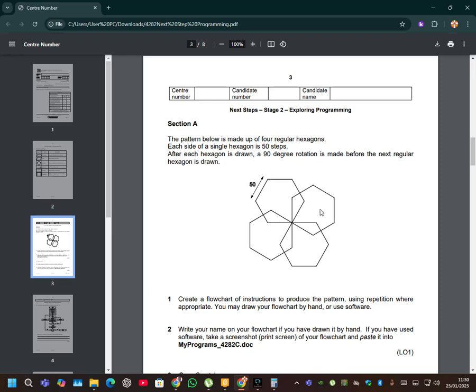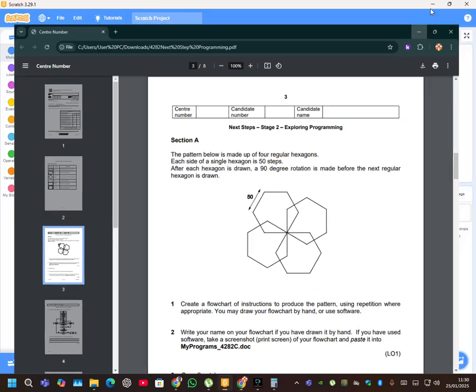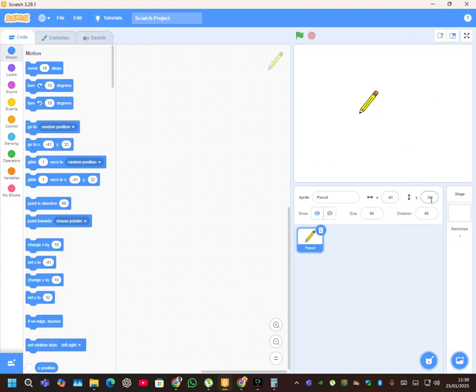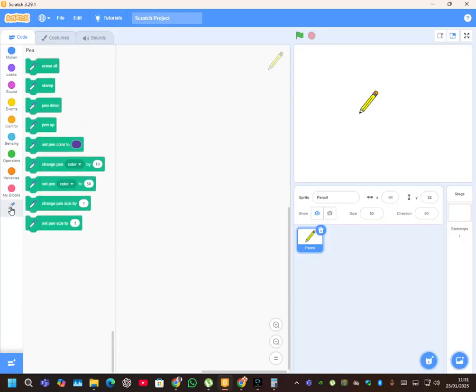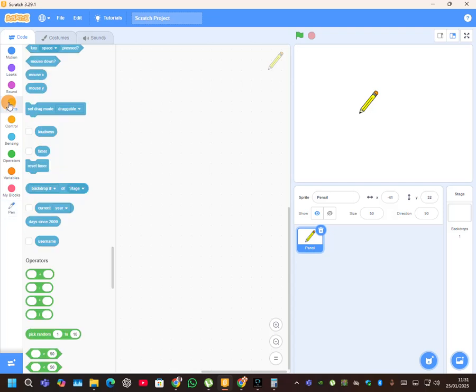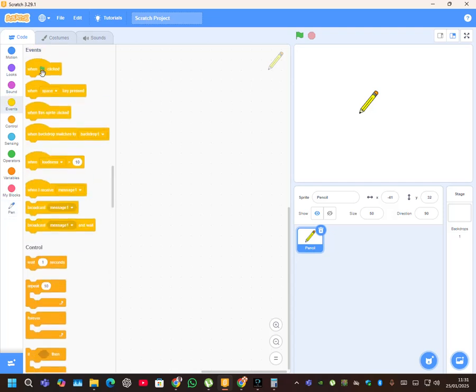I'll maintain this. What we want to do is make it be in the center of the stage. If it's the center of the stage, the x-axis will be 0 and the y-axis should be 0. But I've added a sprite called pencil, so I want the coordinates for pencil to appear. I'll go to a place here because there is no pencil here. Out of these 9, we don't have the pencil code. So I'll go to the extension and then add the pen. So I have here the pen code. To start, I'll go to the yellow block, which is known as events, and then I say when the flag is clicked,